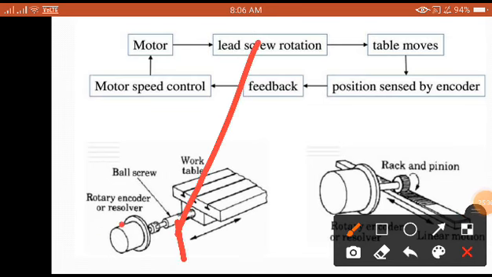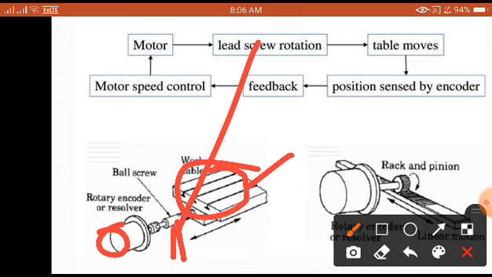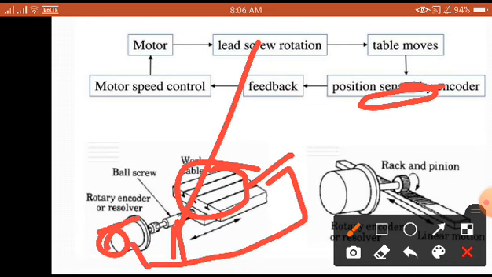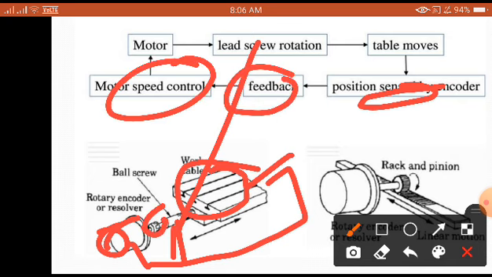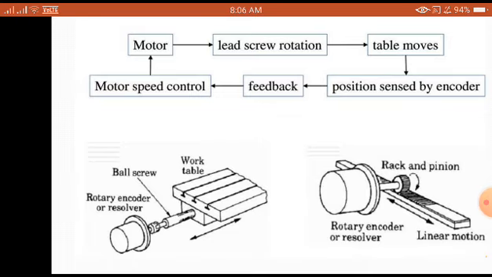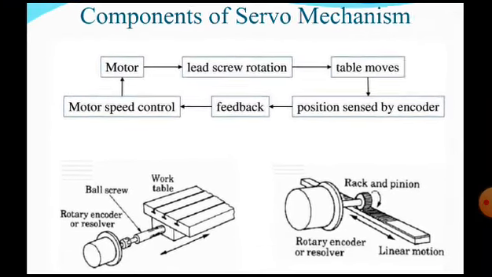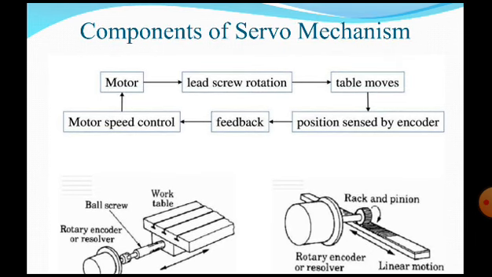So what we have done here, we have a motor, then we convert that rotary motion and give it to the lead screw, then the table will start moving. To have a simple understanding, the table is going to act like a nut and this is going to act like a screw. Then it is sensed by the encoder. This movement is fed back to the encoder for corrections to be made. Feedback is given and motion speed is controlled. So this is how the feedback loop, the closed loop, is used for giving accurate positioning of the work